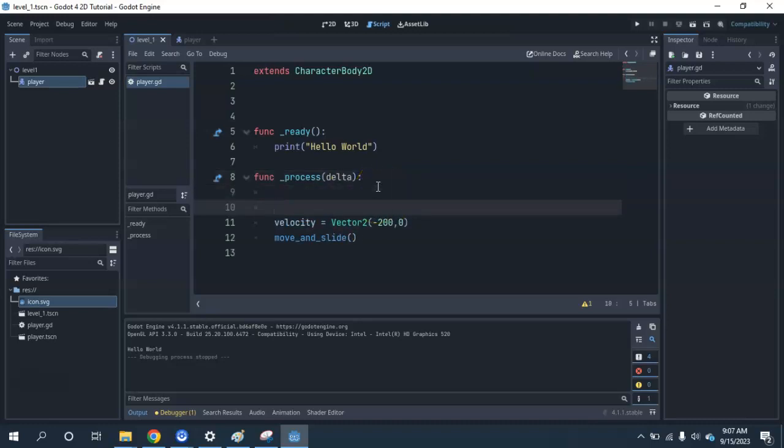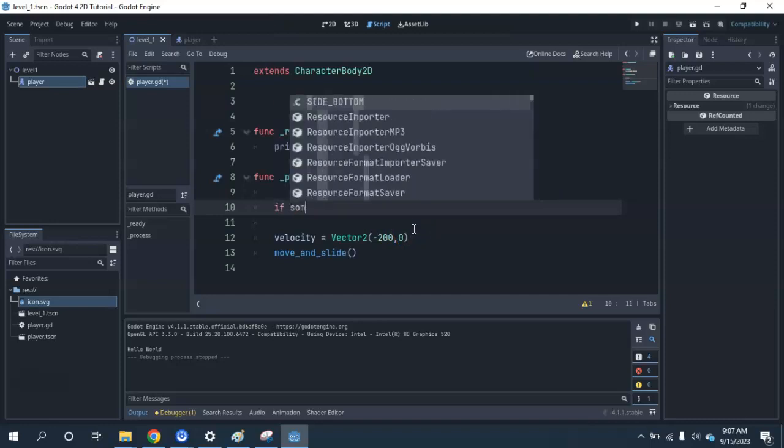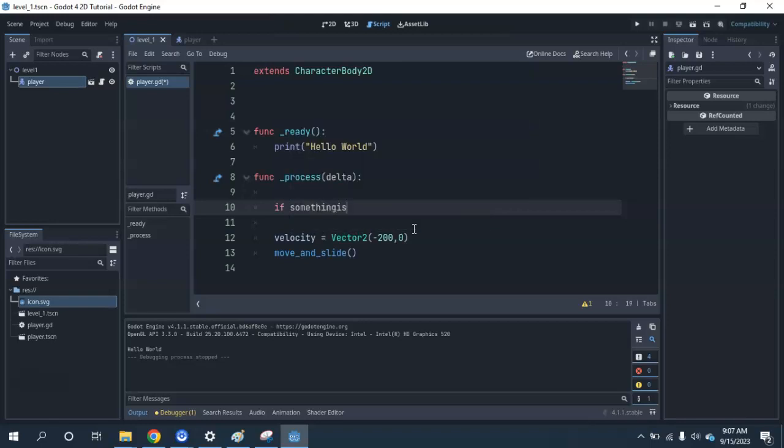So let's introduce one of the big ideas in computer programming, and this is allowing the computer to make a decision or to change something. To do different actions based on a statement we give it, and it's called an if-then statement. And it looks a little bit like this. We say if something is true,